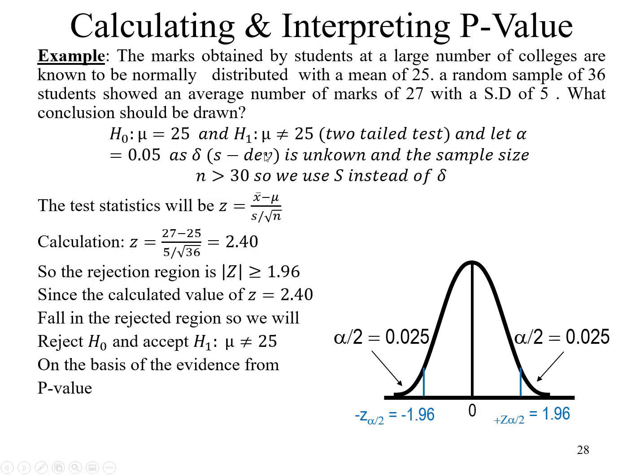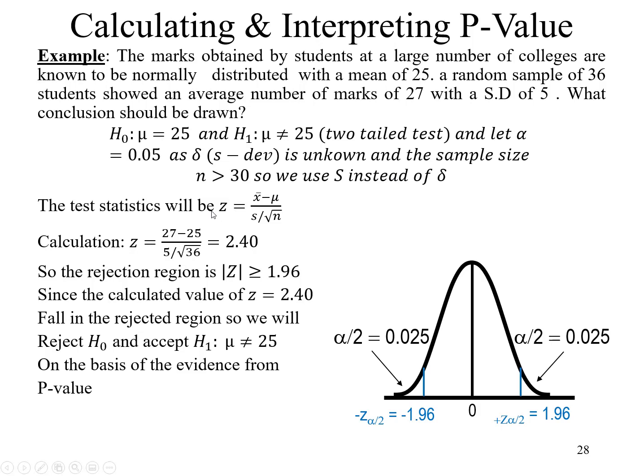What is sigma? This is the standard deviation. Normally we use this when sigma is unknown and the sample size n is greater than 30. So we use S instead of sigma. I don't want to go into that detail. That is why we want the test statistic. This is a case of the mean hypothesis when n is greater than 30 and when the population standard deviation is unknown, and when you have the sample standard deviation, then in that case we will use this test statistic.